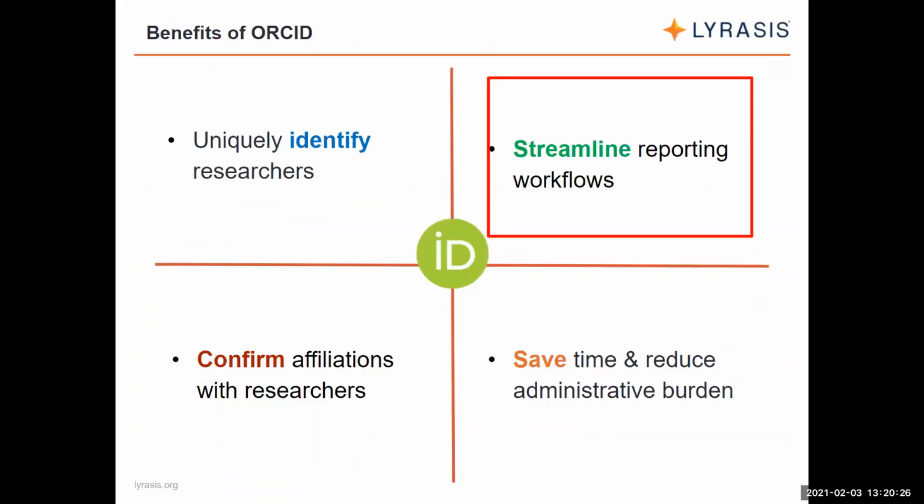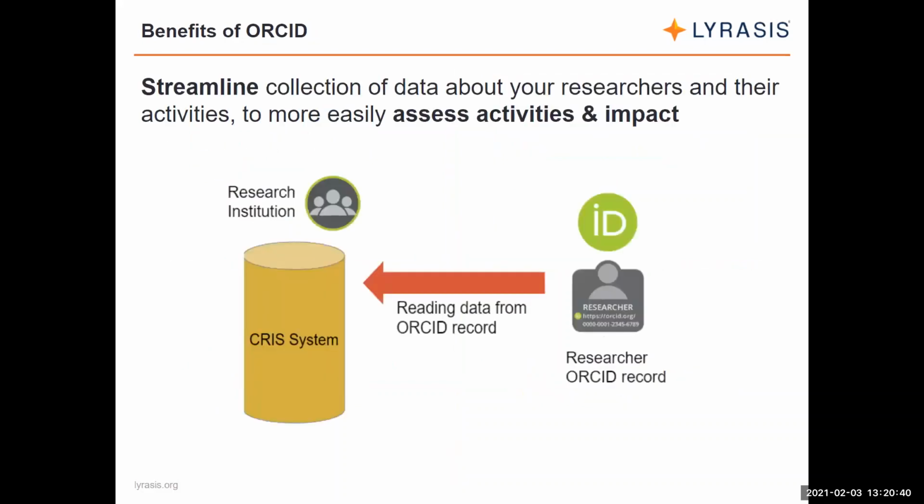So Orchid also allows organizations to streamline the collection of data about researchers and their activities to more easily track progress and assess research engagement. And so essentially, in order to get more of an idea of the impact that your organization is having, or just to make it easier to get information about your researchers,